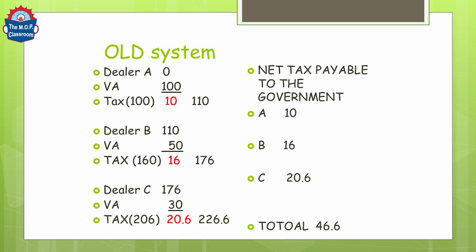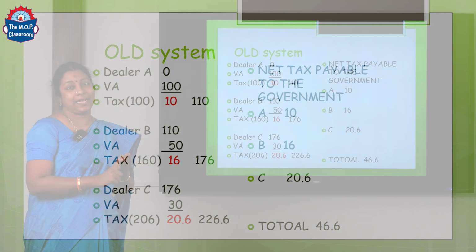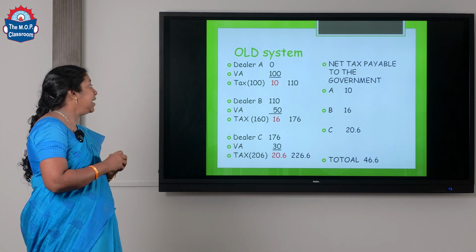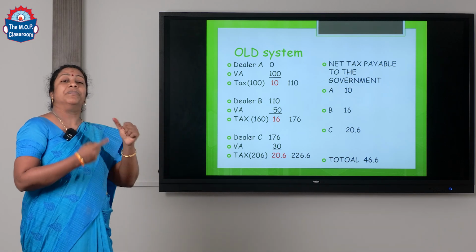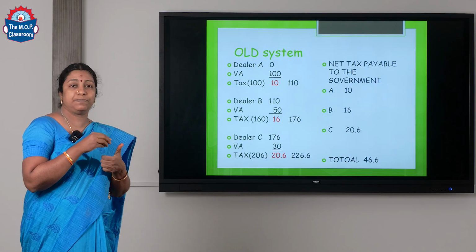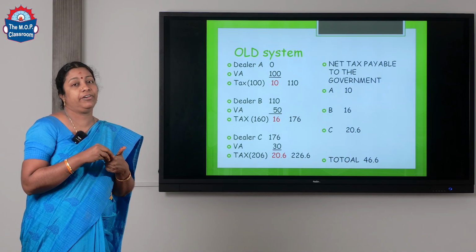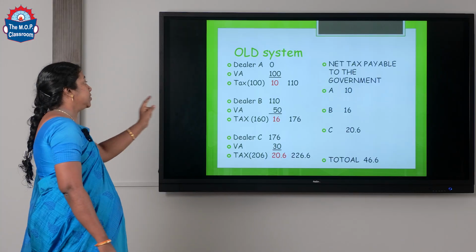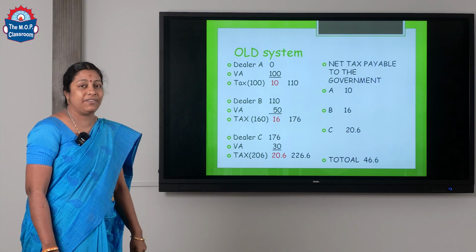As we discussed, let us assume for easy understanding that 10% is the tax. So 10% of 160 comes to 16 rupees. When you are selling it to your customer, you will be doing 110 plus 50 plus the tax 16 rupees. You are going to collect 176 rupees. Kindly listen, value addition is not only the amount that you are going to spend, that includes your profit also. So you might be selling it for 176 rupees.